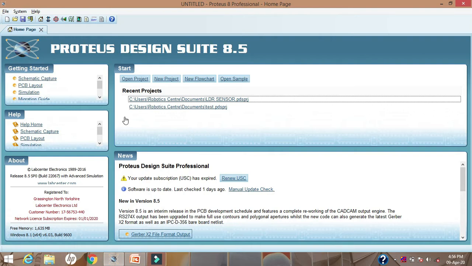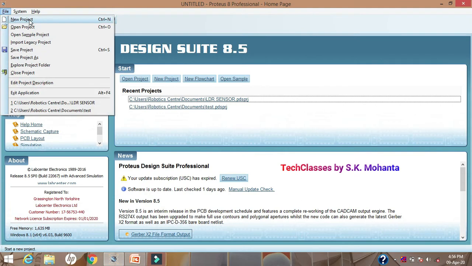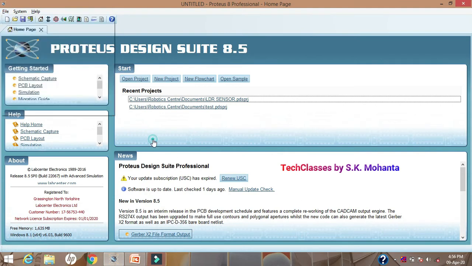To do anything in this platform you have to create a project. So let us see how to create a project. There are two ways to create project in this platform. You can go to file, then you can click on new project, or here a shortcut is given to directly start your project creation process. So just click here,